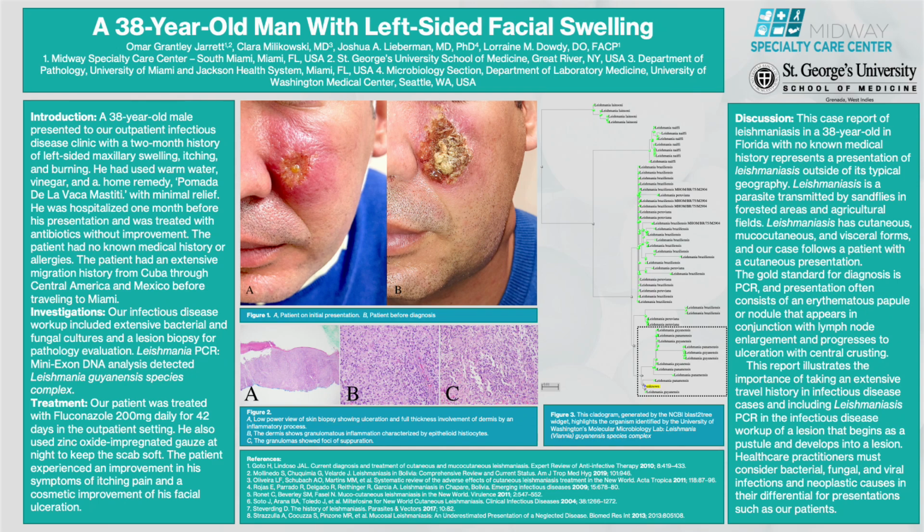This poster presents the following case of a 38-year-old man with history of travel from Cuba through Central America who presented with a 2-month history of left-sided facial swelling accompanied by itching and burning that started as a bump that appeared similar to a pimple, as seen in Figure 1. He applied warm water and vinegar and an ointment called pomada de la vaca mastiti to